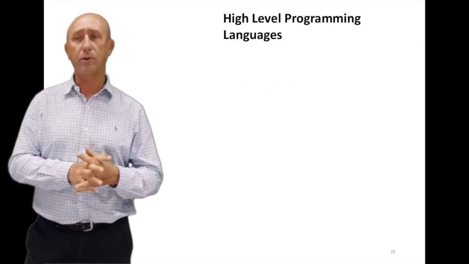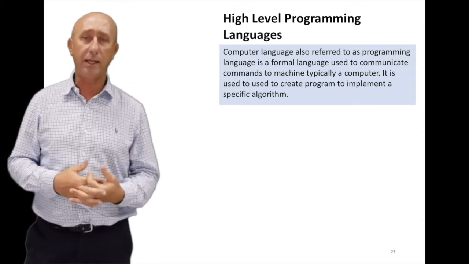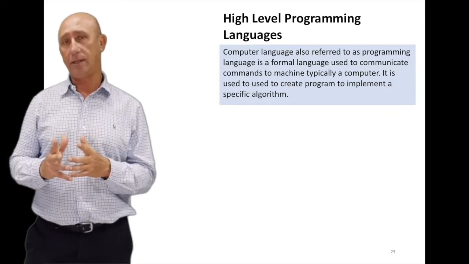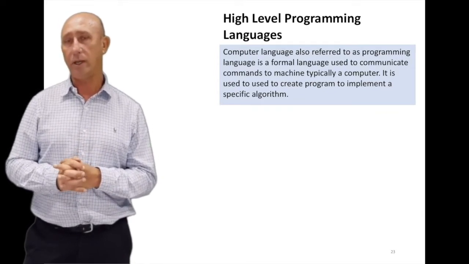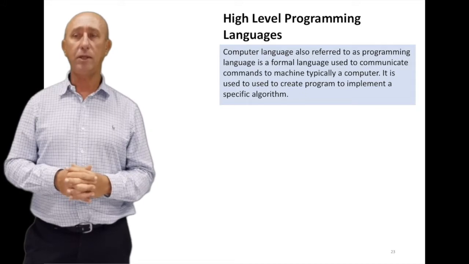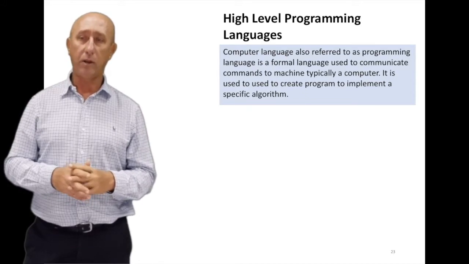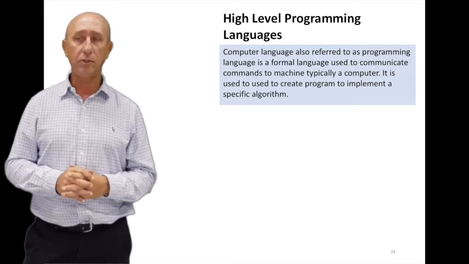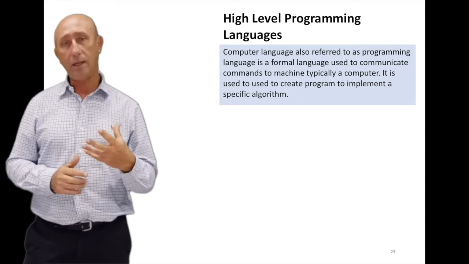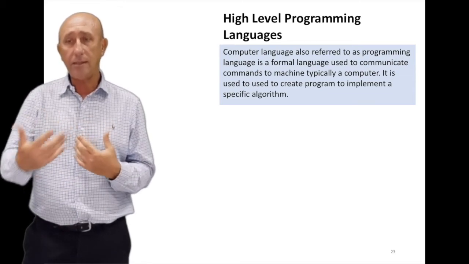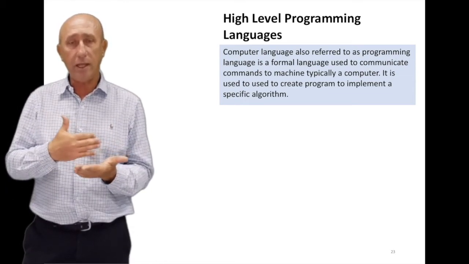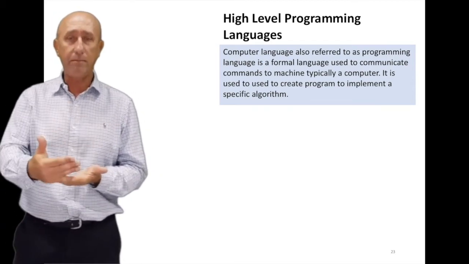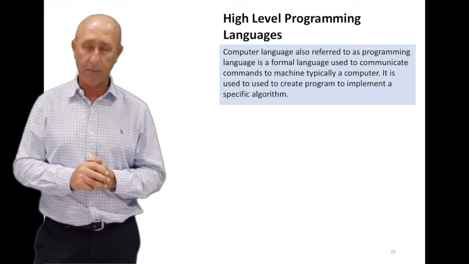what is a computer programming language, or what is a programming language? And this is why some people are afraid of it. Okay, it's not really something to be worried about, because a computer language, sometimes referred to as a programming language, is a formal language used to communicate between humans and machines. We're telling the machine to do something for us. So we need to use a language that the machine can understand. All right? Now there are